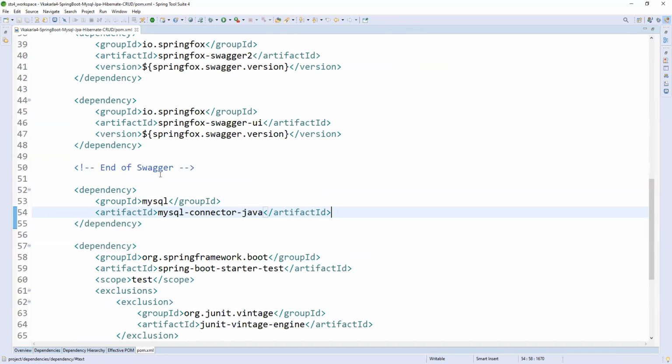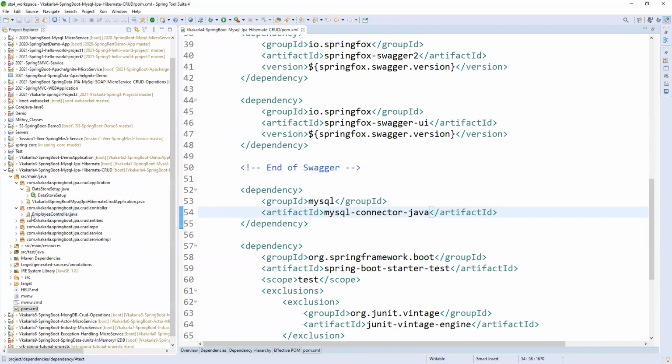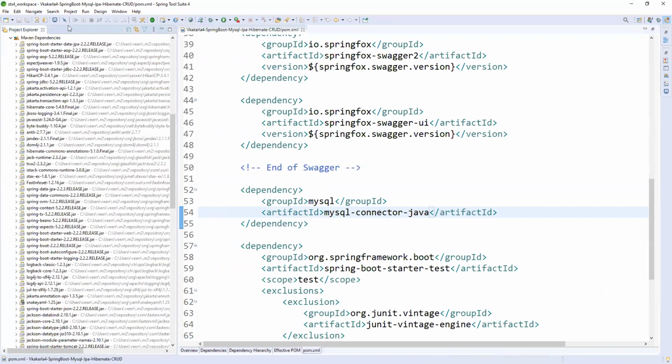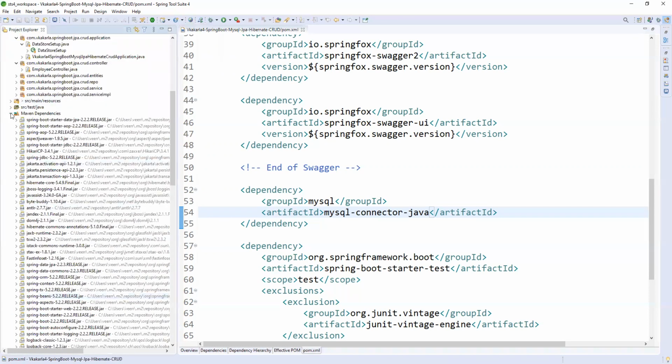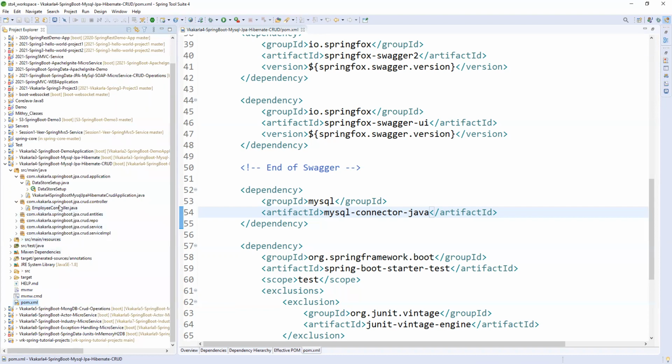The second time onwards, it will use the local dependencies. The first time you run an application, it will take those dependency jar files and maintain them in one common place called the local repository. From the second time onwards, it will use this instead of downloading again from the internet. So that is the Maven dependencies.